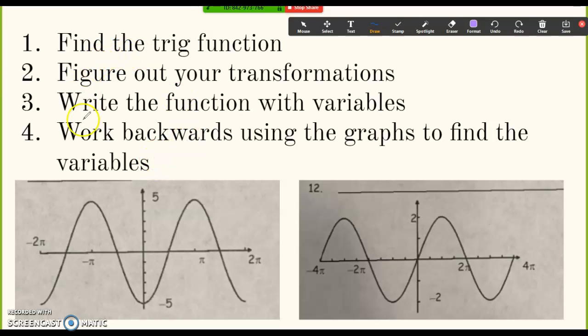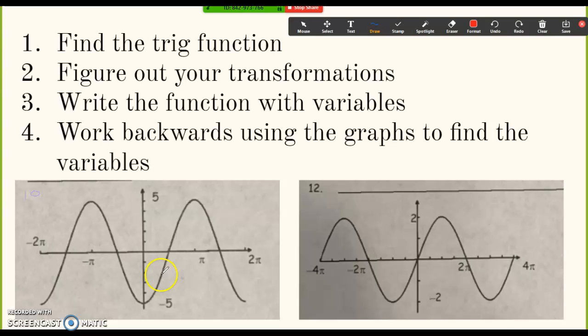Now I am going to be looking at problems 10 and 12. All right, so we're going to go through these steps. Looking at problem 10, I am going to find the trig function. I'm going to start at 0 or close to 0, and in problem 10,